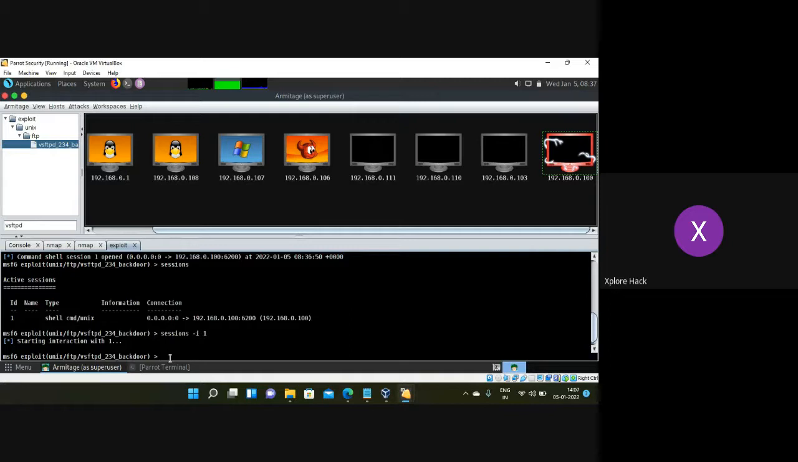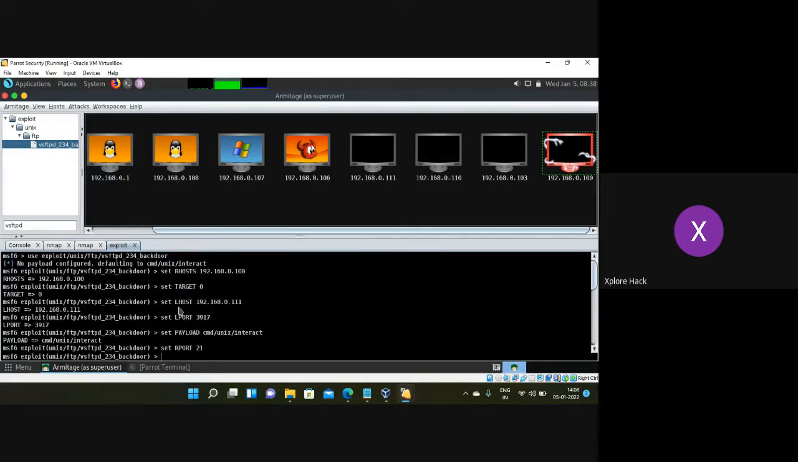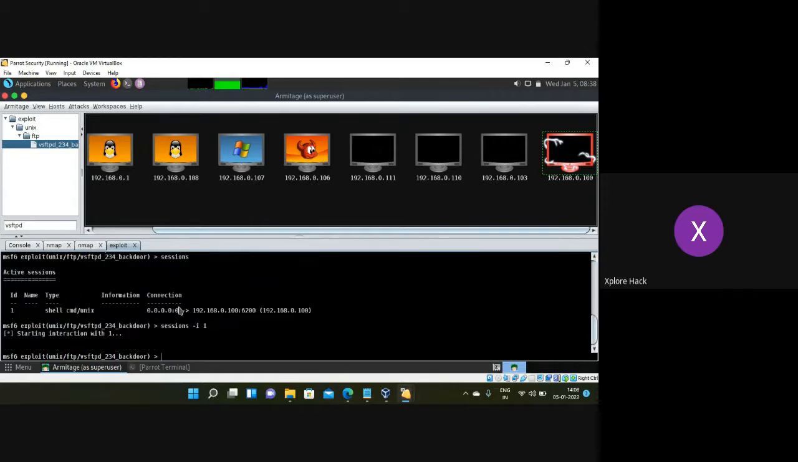Meterpreter. Since we did not use any MSF console based output over here, you cannot find this Meterpreter version. Okay, so you can see the payload version Unix FTP VSFTPD 234 backdoor. So this is the payload we got created. Okay, so what I'm going to do now is enter this command, shutdown